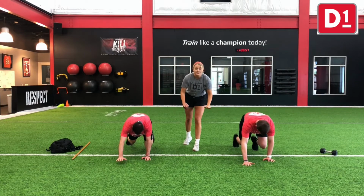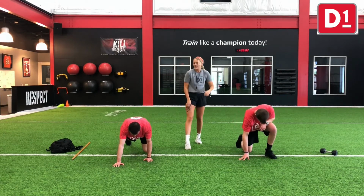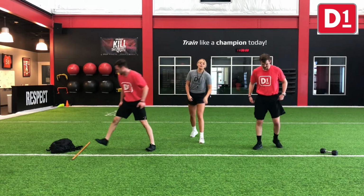Our back is nice and flat here. Arms are under our shoulders. Hands are under our shoulder blades every time as we drive back and forth. 2, there and back, 3 total. Good, back to